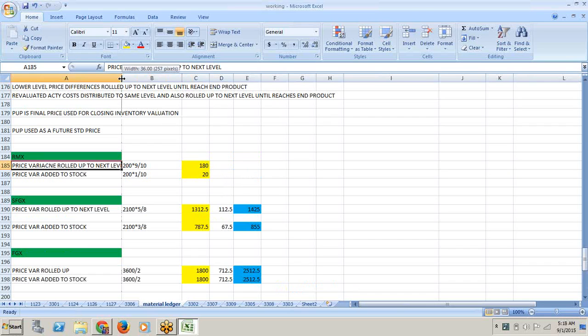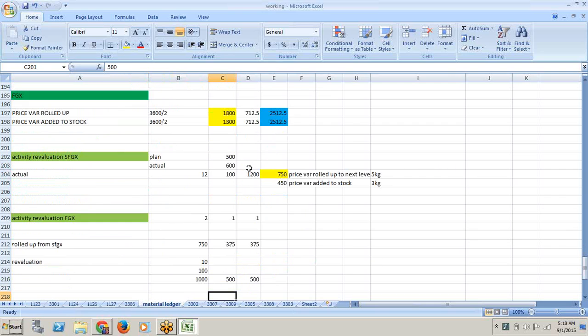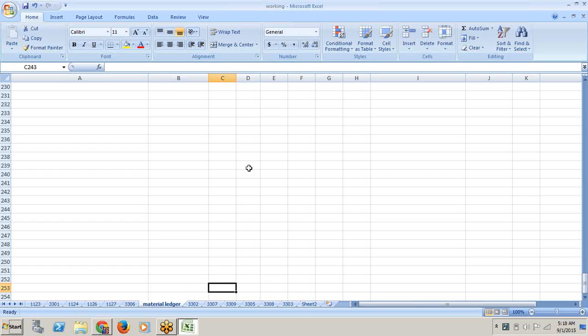Here when we are calculating, raw material X price variance rolled up to the next level is for 9 kgs only, because 1 kg is already stocked. Price variance is 200, but out of 200 only 9 kgs are consumed in the semi-finished product. So only this 9 kgs value out of 200 will be rolled up to the next level. So 180 rupees is from the raw material X, which is rolled up to the semi-finished product, plus 180 rupees